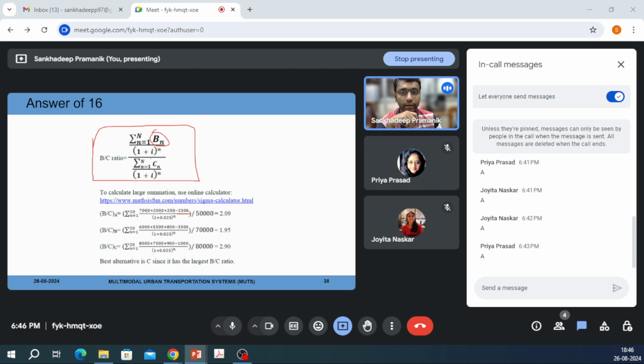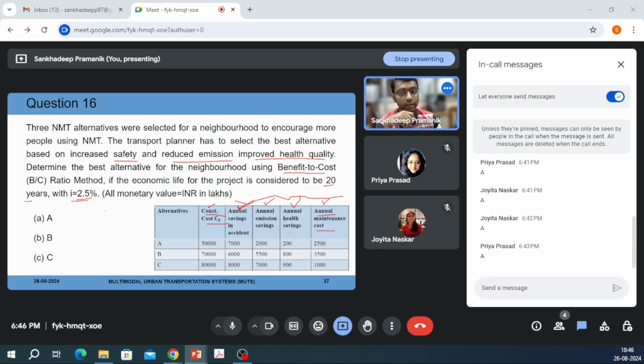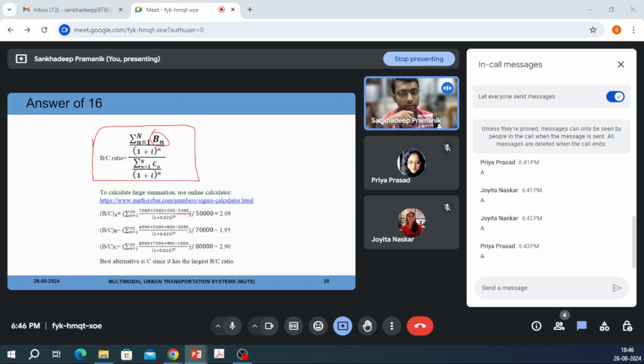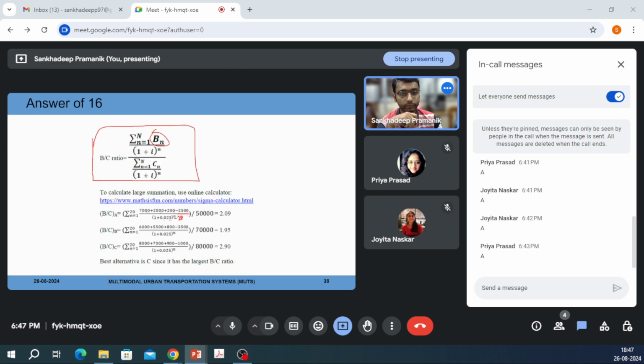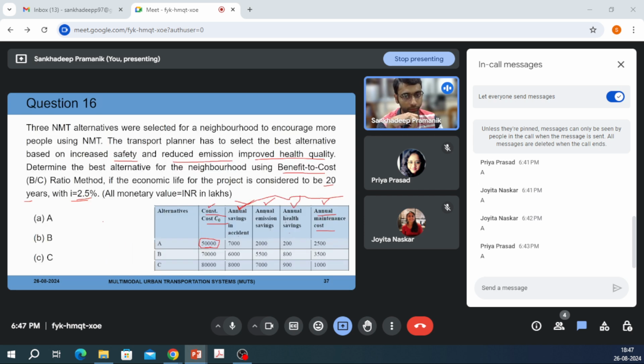And i is given as 2.5%, so that is 0.025, for 20 years, so n will be 20. And the cost of construction is constant, which is 50,000. So this is the cost, and the benefit will be this one. And if you calculate the benefit by cost ratio for alternative A,